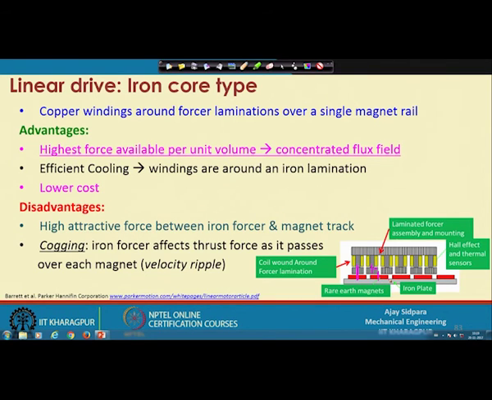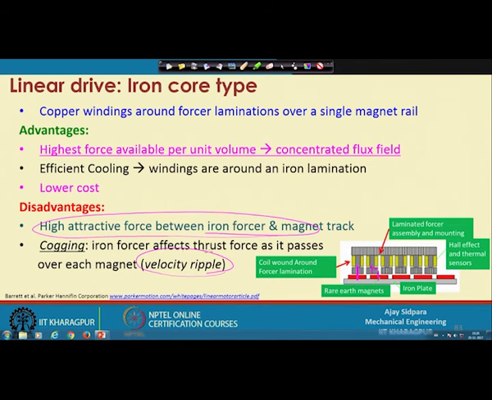When you are moving from one magnet to another magnet, because of the attractive force you will get a velocity ripple. So, it is difficult to get a smooth motion from one magnet to the other. You will get a very quick motion when shifting, extremely small, but when you are talking about motion of a micron or less than 1 micron, this velocity ripple will create a problem at the micro scale. But at the macro scale, when you are talking about hundreds of microns, it may not make any difference.